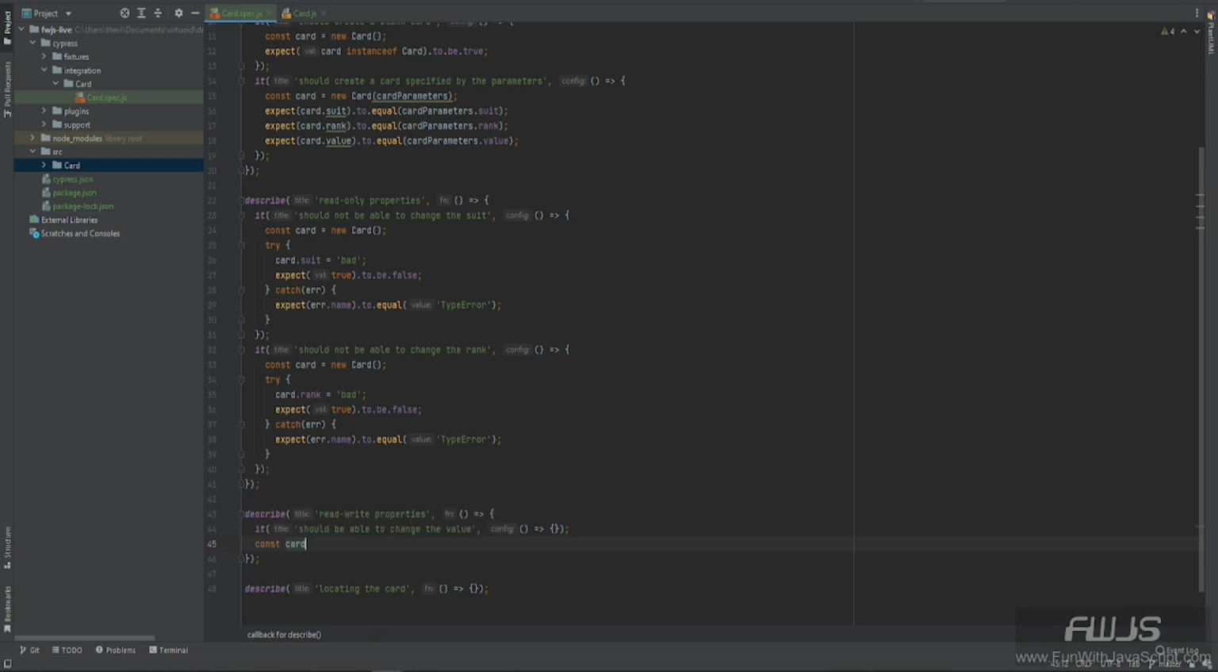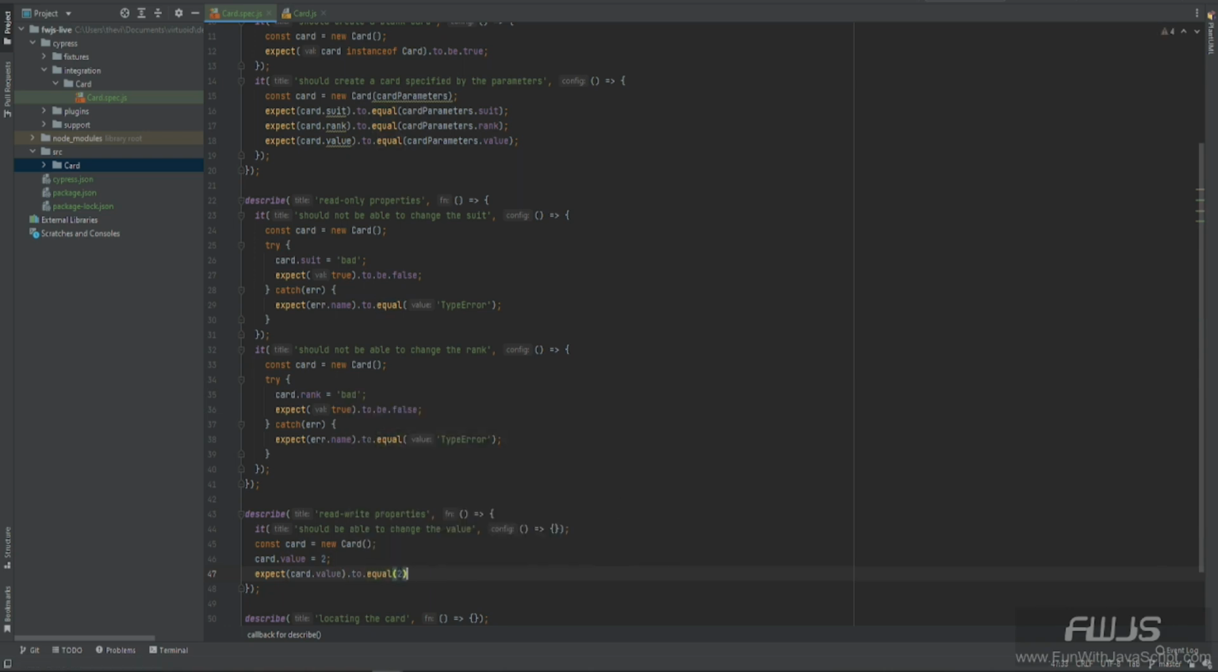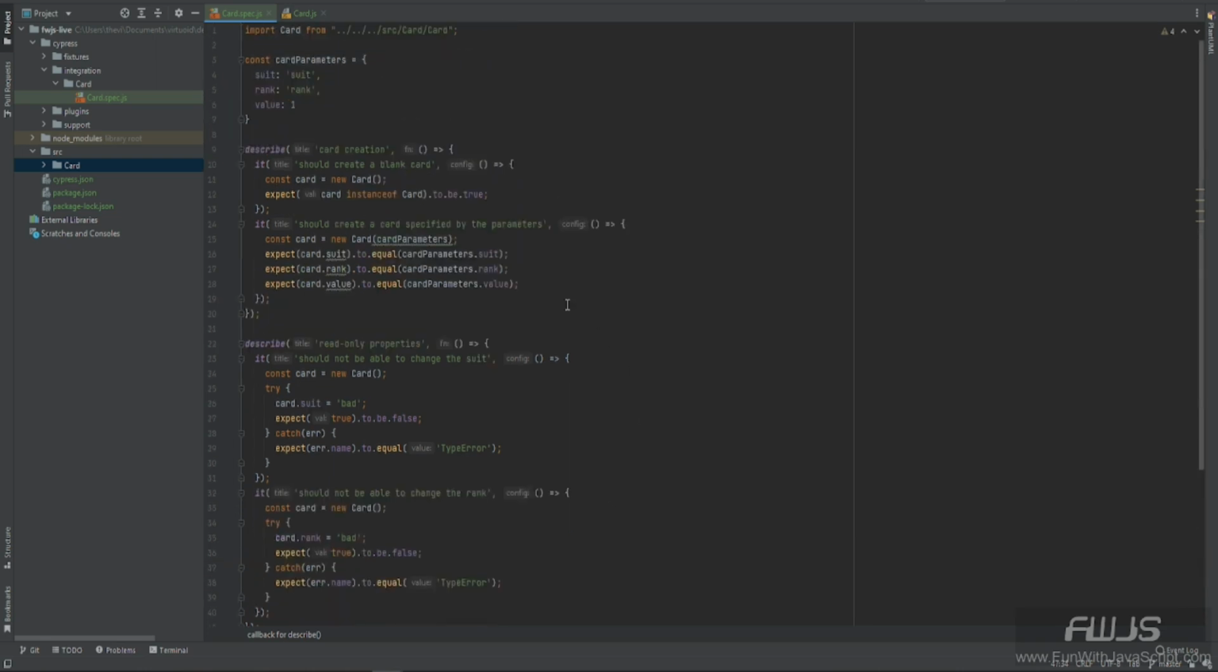Alrighty, constant card equals new card. Card.value equals 2. And I should be able to say expect card.value to equal 2. So now notice I didn't have a try-catch loop. Now why? Because if I am able to change the card.value, then I'm not going to get any kind of errors, and it should change it to 2. And I know from up here